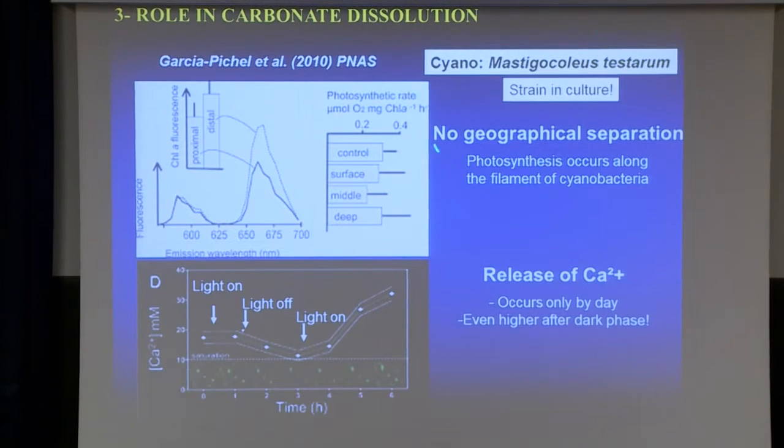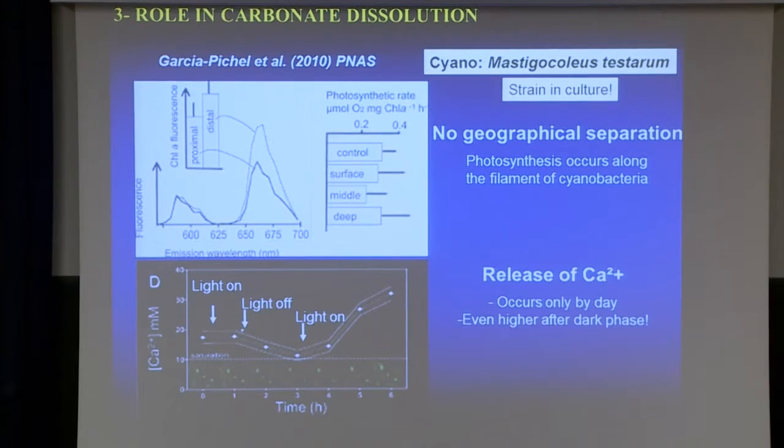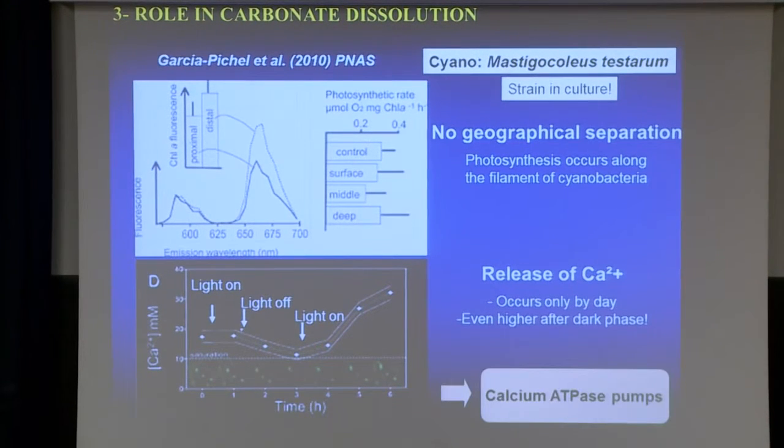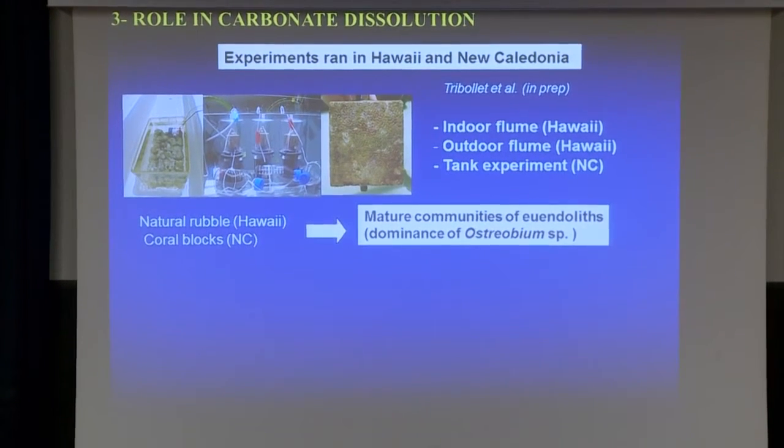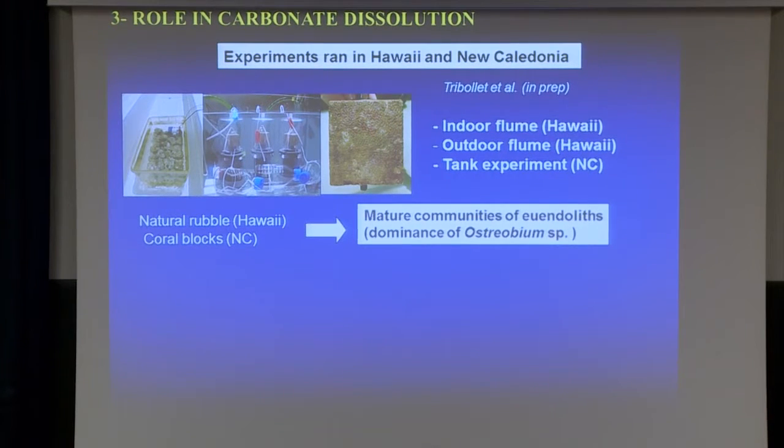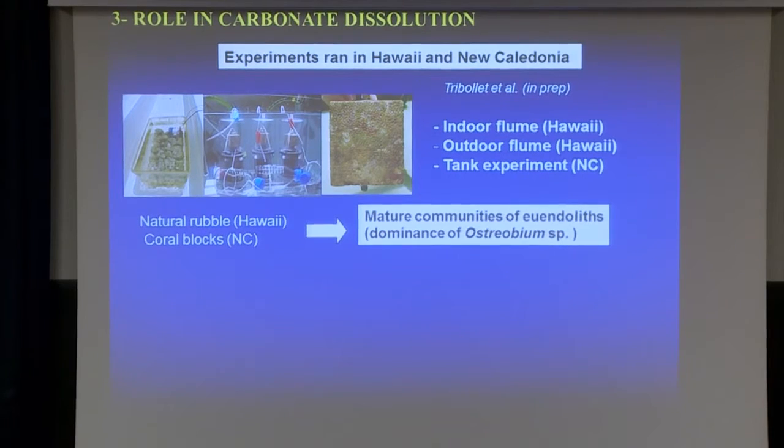And this is true for only one strain, which is Mastigocoleus testarum, maintained in culture. So we wanted to see if we could measure the same things and highlight more the process in natural communities under light and dark. So we carried out 3 different experiments. I'm not going to go too much in detail, but I'm hoping to give you enough information so you understand